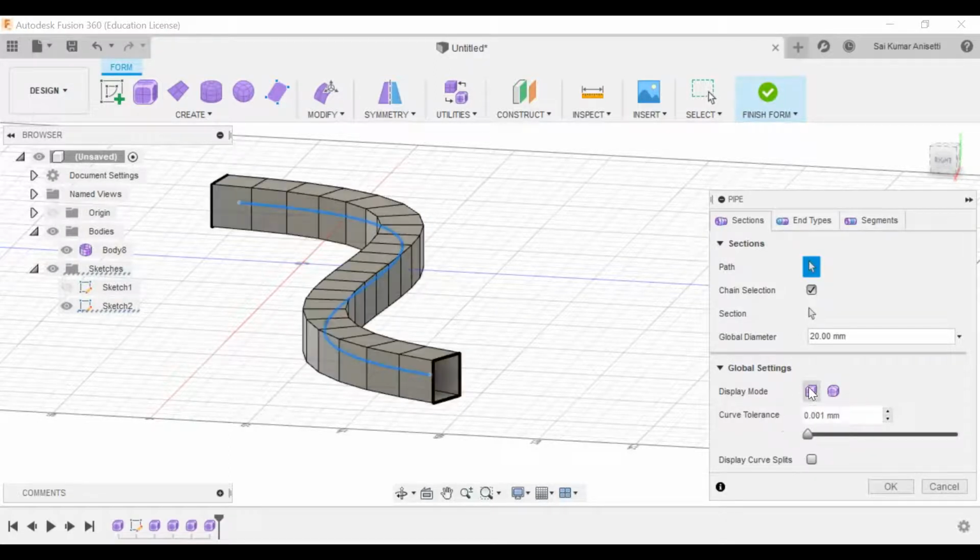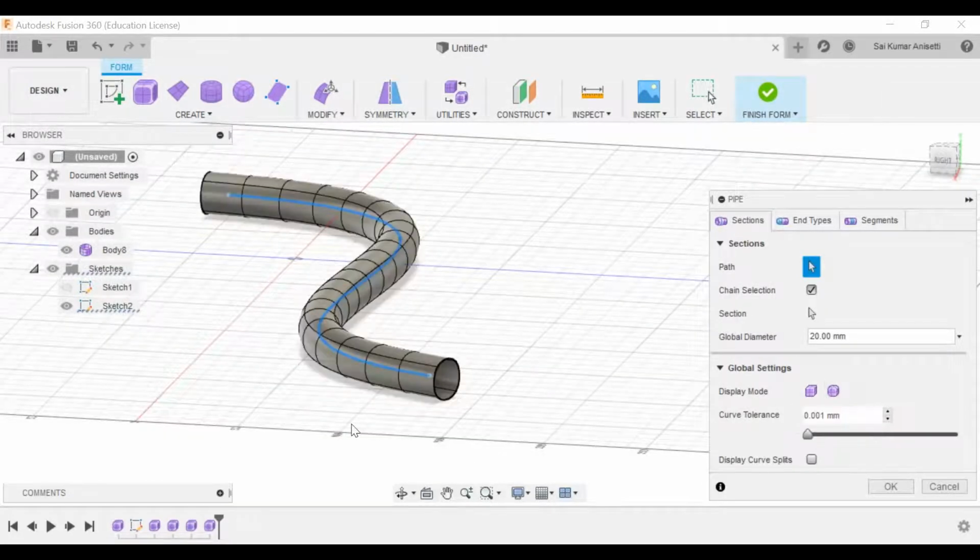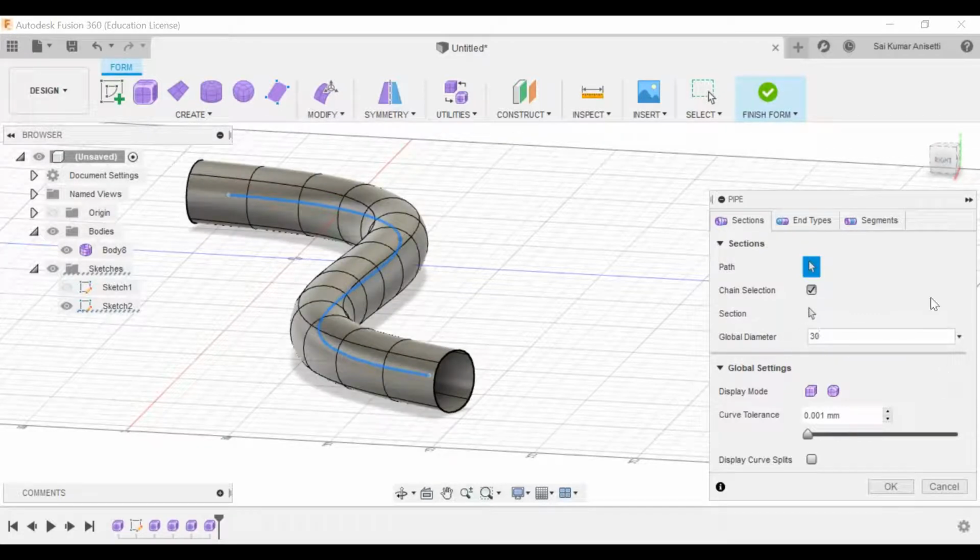That is what I have explained. Alt 1, Alt 2, Alt 3. Alt 1 shows your actual box design. Alt 3 shows your smooth design. Got the point? And now you can have a global diameter for this. You can change the diameter of this pipe to 30 or 40 mm.